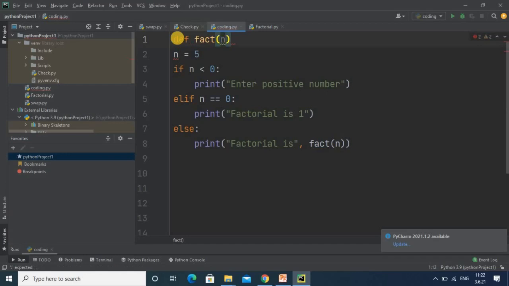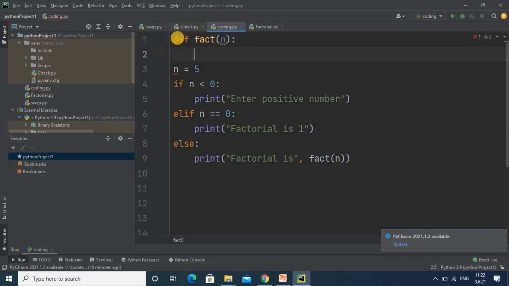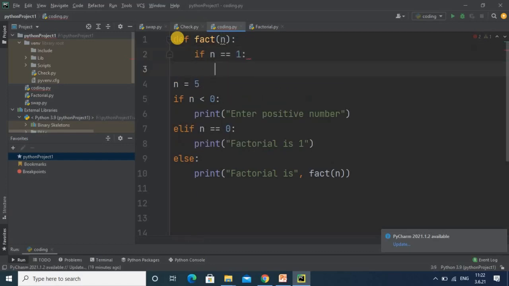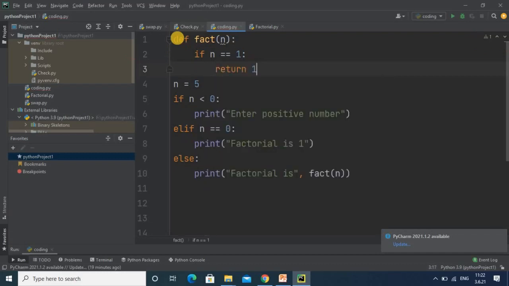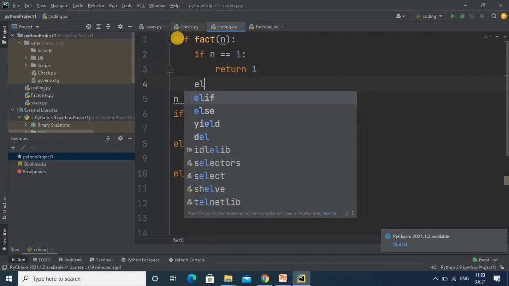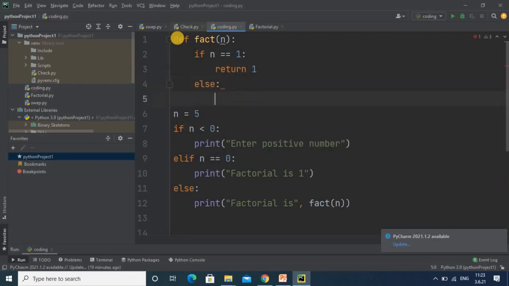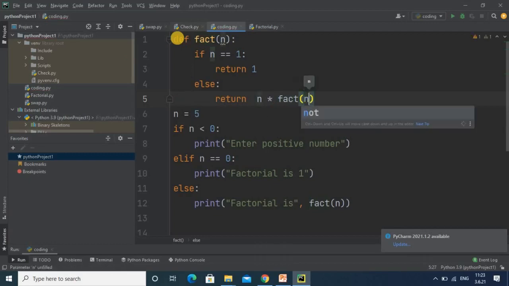In this function we use a condition: if n is exactly equal to 1, then it will return 1, because for 1 the factorial is 1. Else return n into fact of n minus 1, using the function again. So that is our complete code.